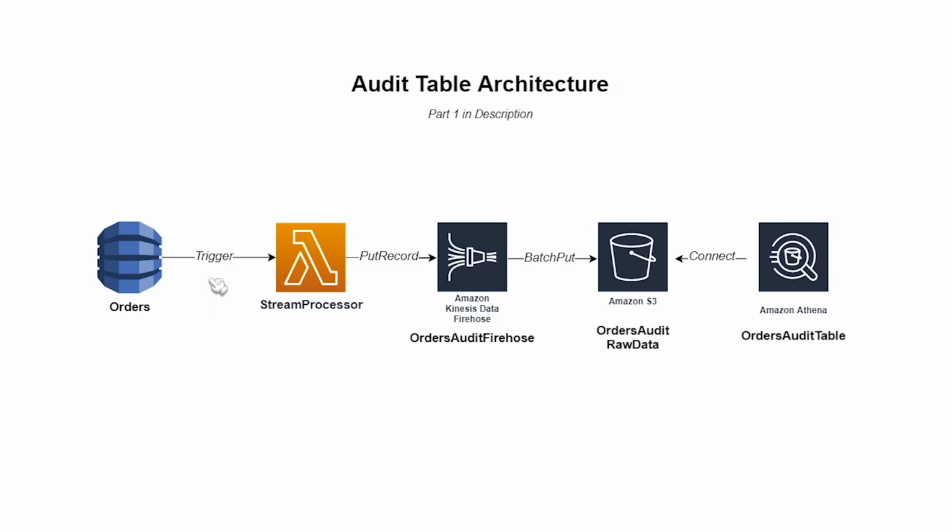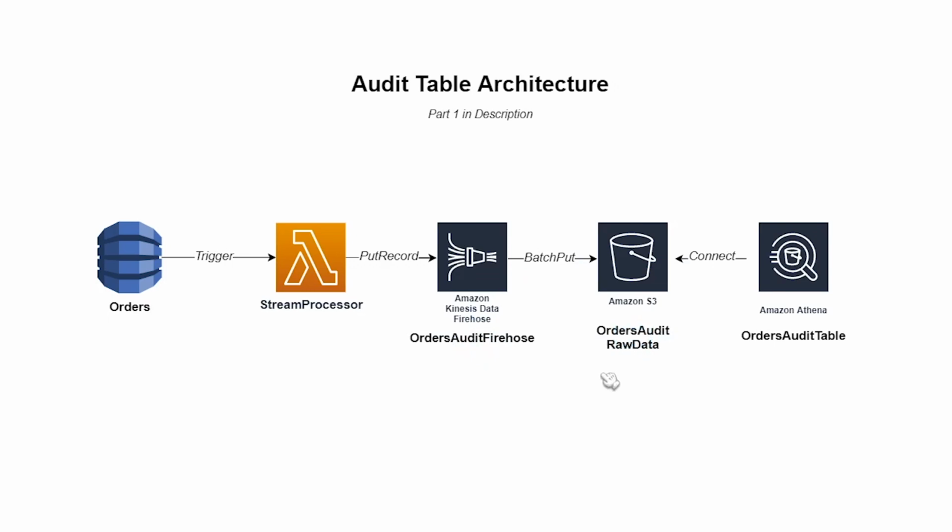And by the way, this is going to occur in batches of change events. So maybe we'll only take batches of 25 change events and pass them into our Lambda function. Our Lambda function is going to inspect that data. From there, we're going to call the put record API in Kinesis Firehose in order to put that to a data stream. The reason we're using Kinesis Firehose is that it does a very nice job of batching our data. You can batch it by time or data size. So what I typically do is use something like 1 minute of elapsed time or 5 megabytes worth of data, whichever comes first. And then from there, Kinesis Firehose is going to automatically batch put that into Amazon S3, and that's going to be in our orders audit raw data bucket.